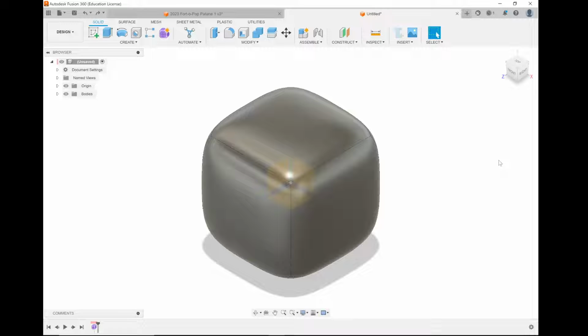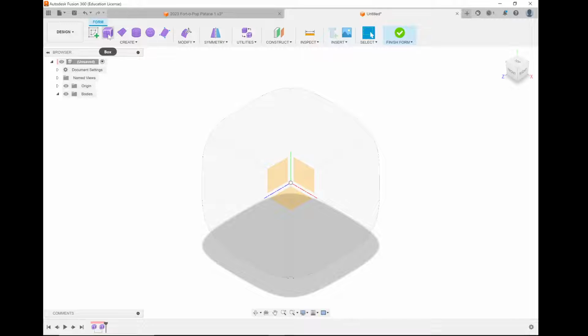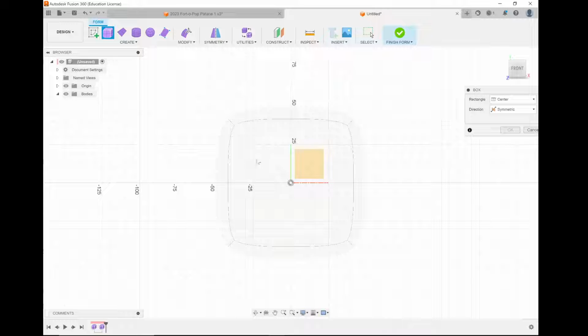All right, so this is the foundation. This is the skull I want of my person. Now we need to get those eyes that the Funko Pops have. So I'm going to make another form. I'm going to use the box function again. Box. I'm going to press this plane over here, and for the location I'm going to press front. I'm going to pick where I want one of my eyes to be,